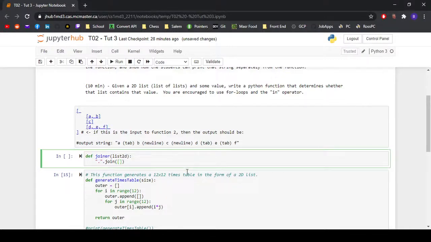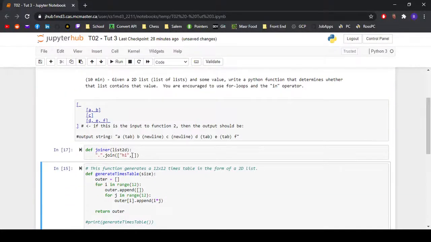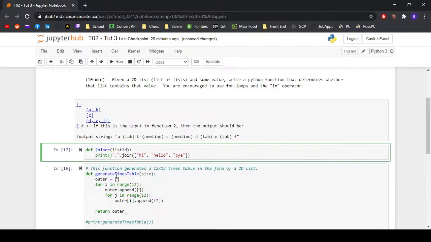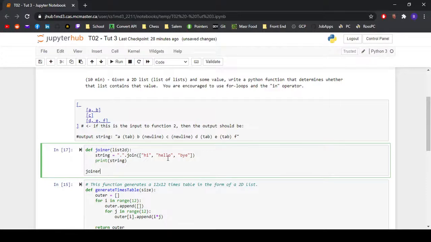We can pass in, for example, hi. Oops, I ran it by mistake. Hi, hello, and bye. And we can just print that for now, by storing it in a variable and then printing that variable. And now if we just get rid of this for a second, right? And if we run that function,